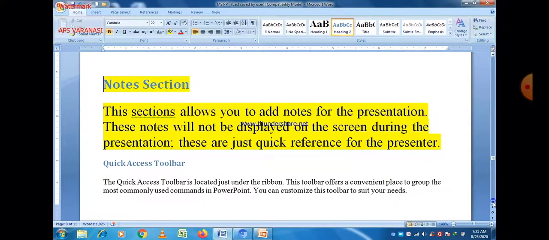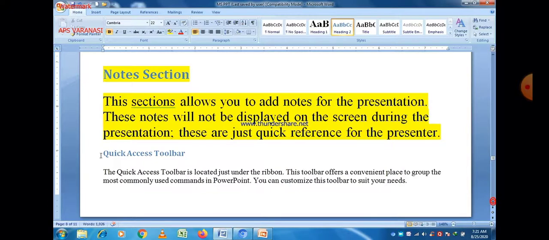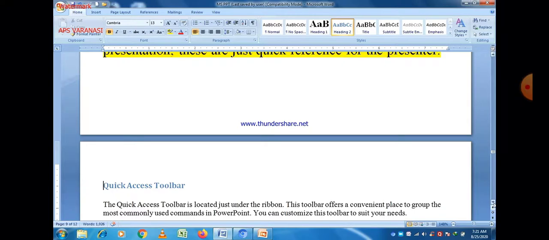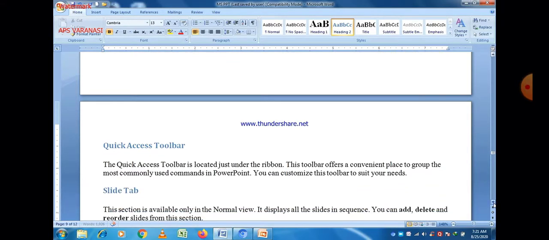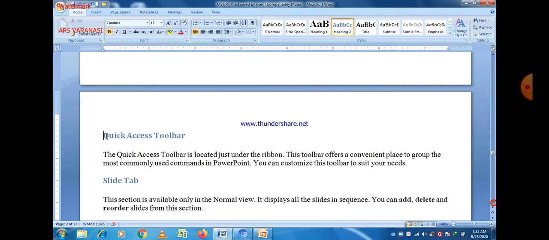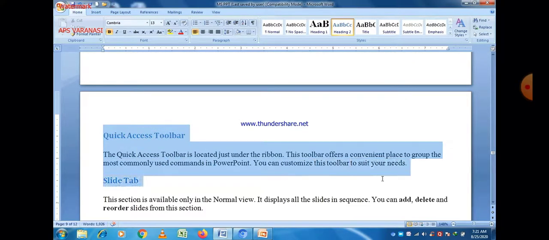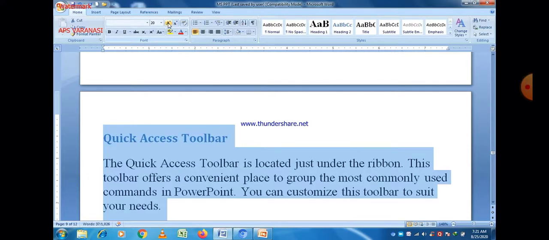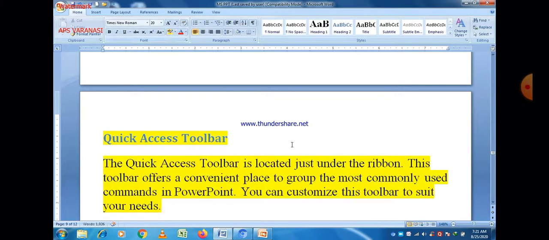Mostly in a PowerPoint presentation, you want to access some tools in a very quick fashion, so you can use the quick access toolbar. It lets you access different tools quickly, and whatever tools you put in the quick access toolbar, you can easily access them. That's why it is called the quick access toolbar.